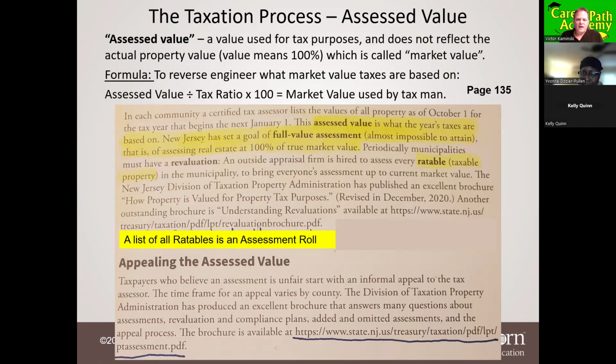And they add up the right column where the tax figure is, because they know the taxes need to be paid. So that's guaranteed money that they're going to get every year, on top of all the other tickets and fines and permitting and all that stuff, other ways that they get money. They're guaranteed the money from taxes, right? So there we go. That's the assessment roll. So a rateable is a taxable property, and a list of all the ratables is an assessment roll.